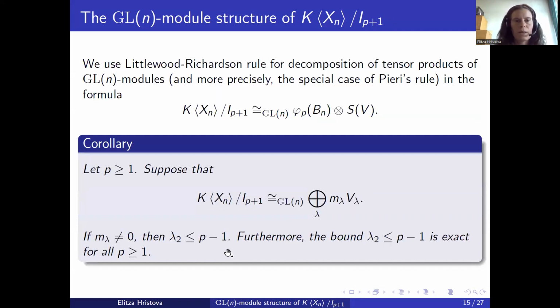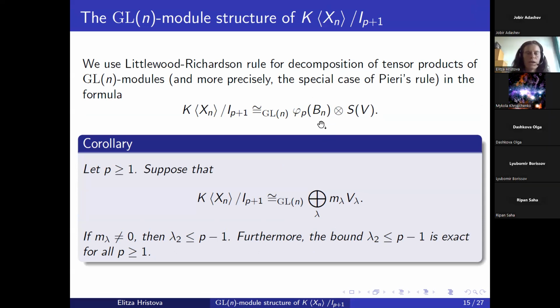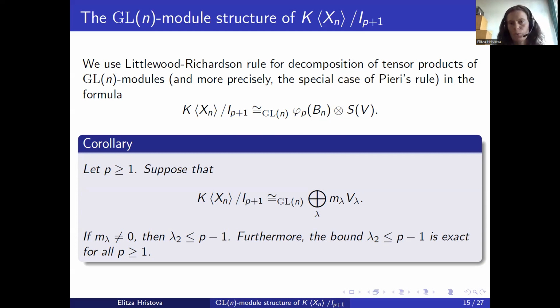And now, once we have found a bound for the subalgebra of proper polynomials, we again use this tensor product decomposition, and we use branching rules. We use a special case of the Littlewood-Richardson branching rule, which is called the Pieri branching rule,